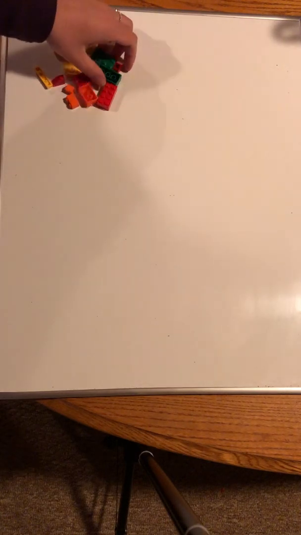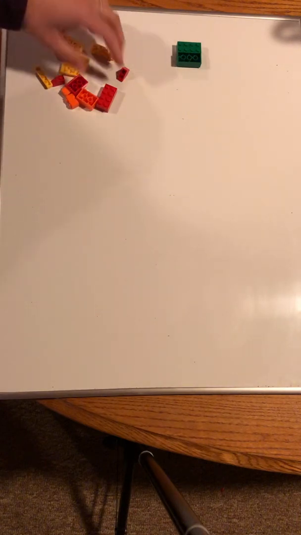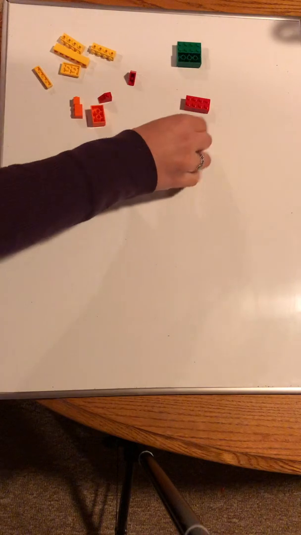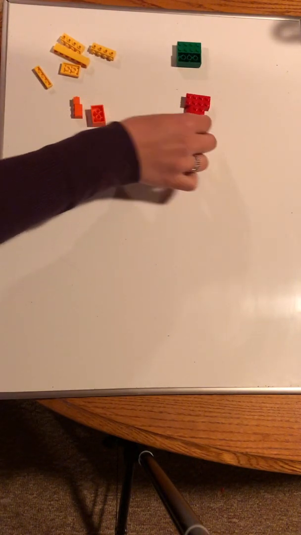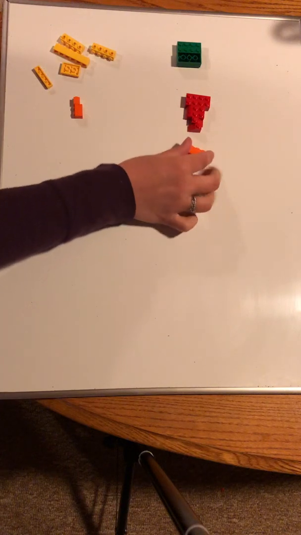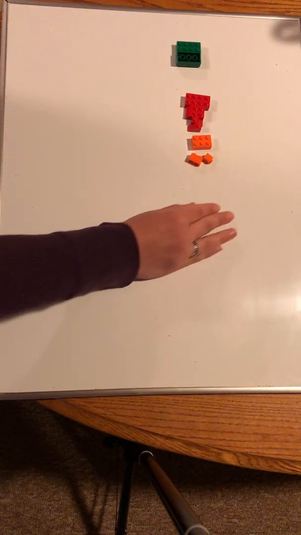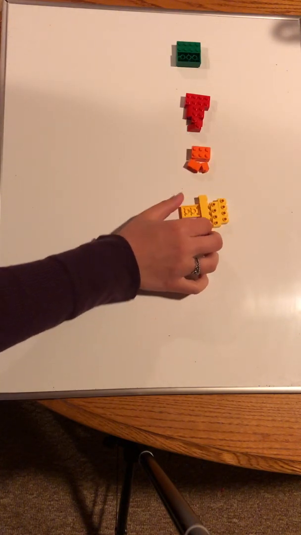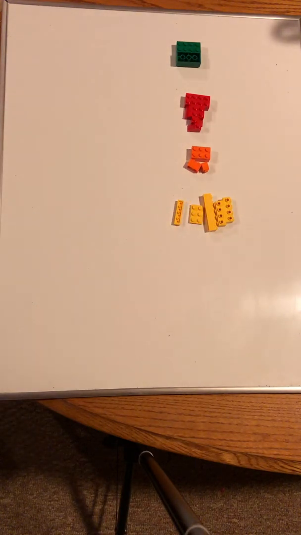What you're going to do is sort your cereal or your objects by color. So I'm going to sort all of my green, all of my red, I have orange and yellow. Okay, so now that I've sorted my objects by color, the next thing I'm going to do is multiply each